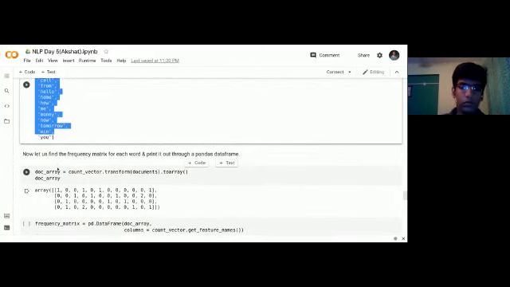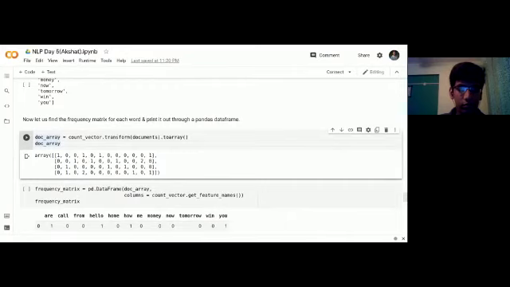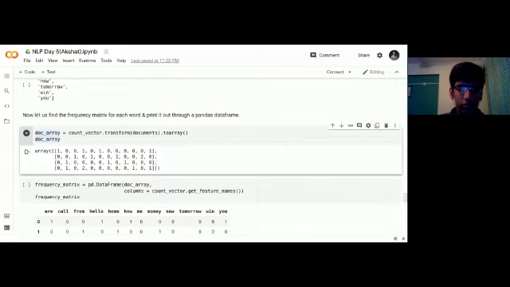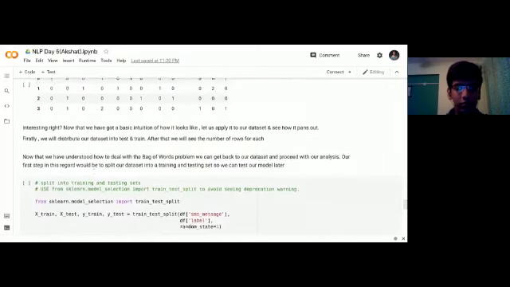Okay, so I have discussed all the things, and I will go through a bit fast now. Using the transform function, I have imported all the things. You can see the term document frequency, and now the last part is the